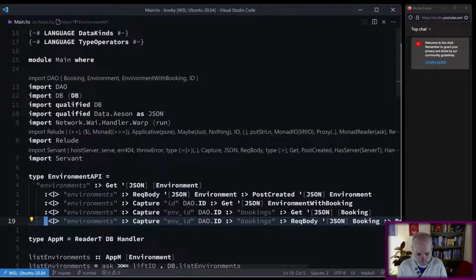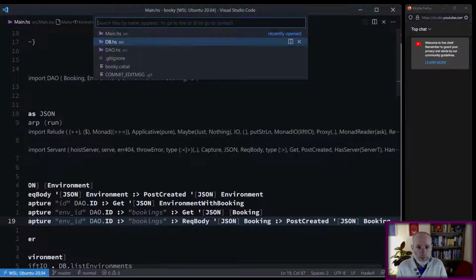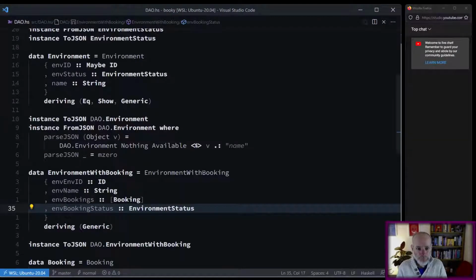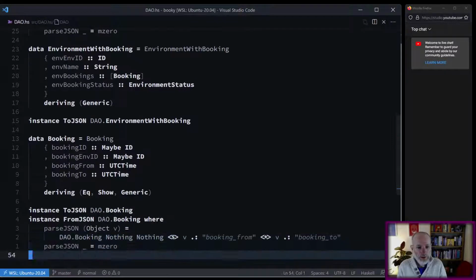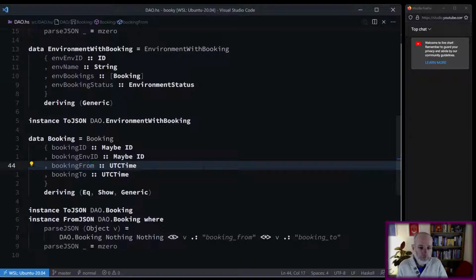I'm most interested in what this booking looks like that we are sending through. I'm curious as to whether or not I already have a duration in there, and if so, what type it has. So it's going to be a file called db, I think, or is it in DAO? Actually, it might be in DAO. Yeah, it might be in here. Okay, so this is the definition of our booking. It's got a from and a to,